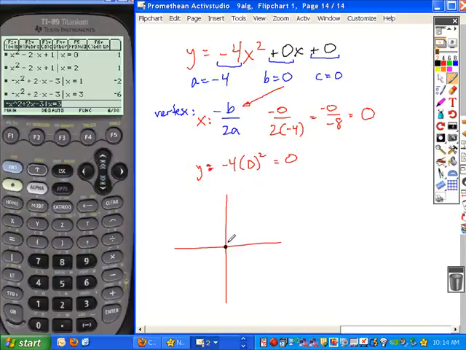Now is this graph opening up or down based on the a value? Down, because a is negative, so I can sketch this. And I'm going to label above. So there's my point 0, 0. If you were answering this as the question from your homework, it says, tell whether the graph is opening up or down. The answer would be down. Find the coordinates of the vertex. The answer would be 0, 0. And then find the line of symmetry. So now what you can do is take a vertical line through your vertex and say it's equal to